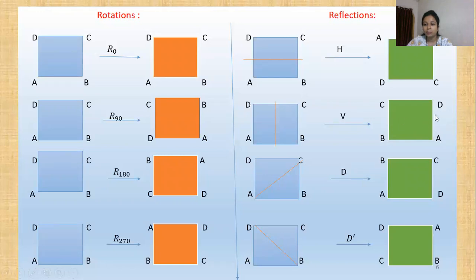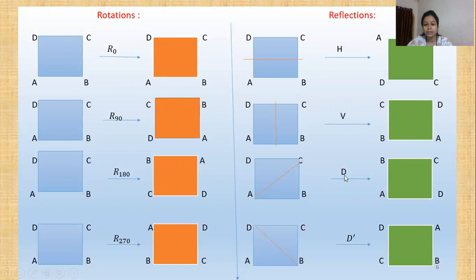Again operate one more time V here, that means the vertical line. What do we obtain? This DA takes the position here. This CB takes the position there. This CB, left-hand side goes to right-hand side here. This DA, right-hand side goes to left-hand side. That is, we obtain A, B, C, D, which means we obtain the original R0 identity. It is generated by V and contains R0, V.